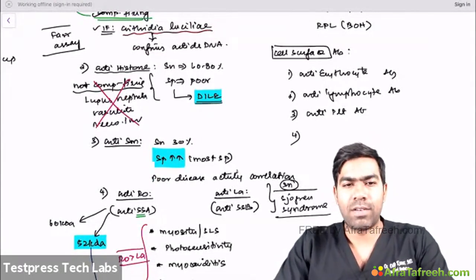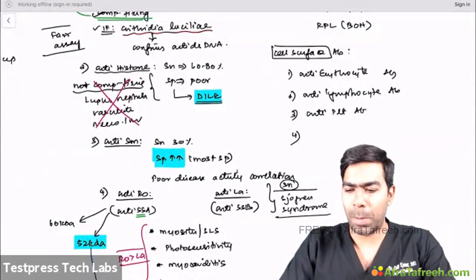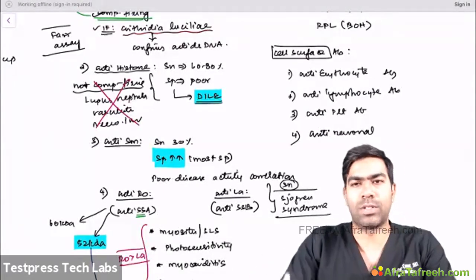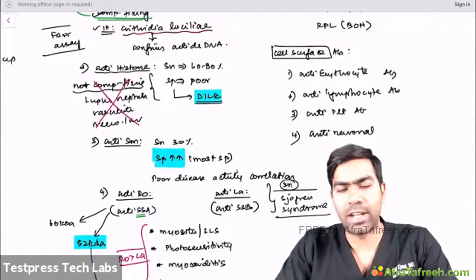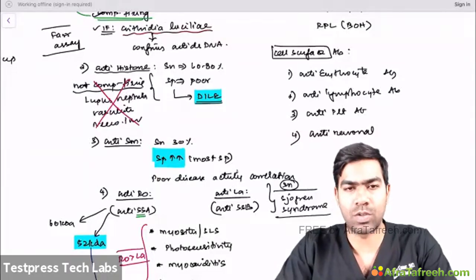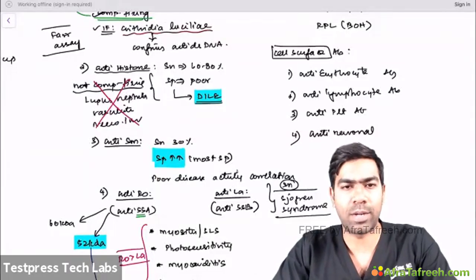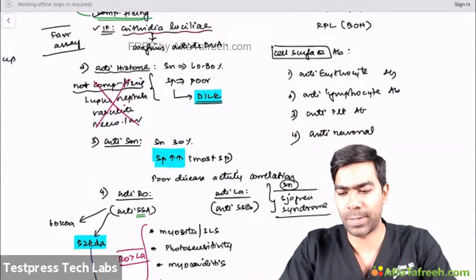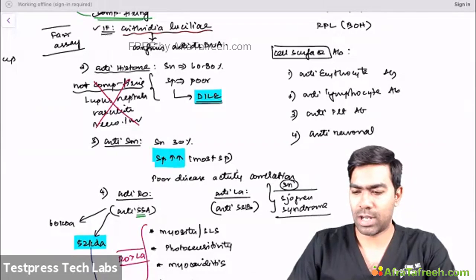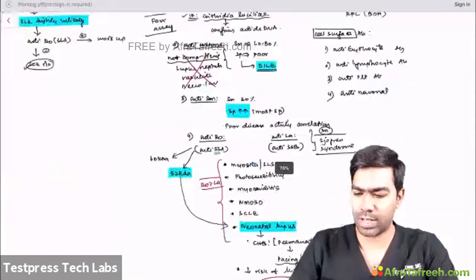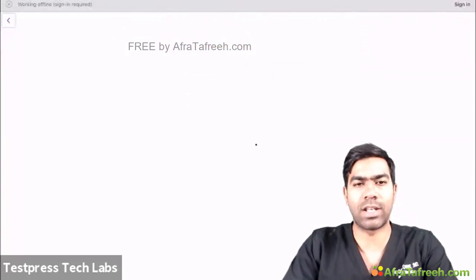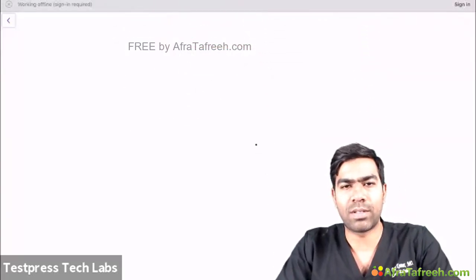And apart from that, we have other antibodies like anti-neuronal antibodies also, which correlate with the diffuse manifestations of lupus, like headache, seizures, and all. So anti-neural antibodies, diffuse neurological manifestations in lupus, we discussed already. So that correlates with anti-neural antibodies, which is also basically a cell surface antibody only. Clear? So I think we have discussed all the antibodies and their important correlations. So nuclear, cytoplasmic, cell surface, these are three different types of antibodies. And ANA is a broad spectrum, as I told you. Then we have something called